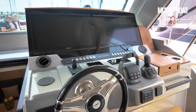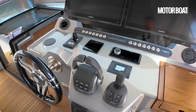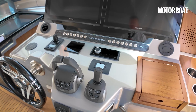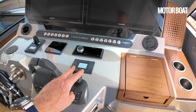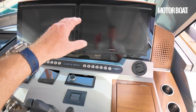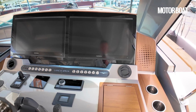Now the helm station has a carbon fibre wheel, very sporty looking thing. It is IPS drive, so twin IPS 800 drives, gives a top speed of around about 32 knots. Being IPS, it means there is a joystick control of that, so you can park it, berth it very easily indeed. Big Garmin screen, so you've got all the kind of modern technology you need,